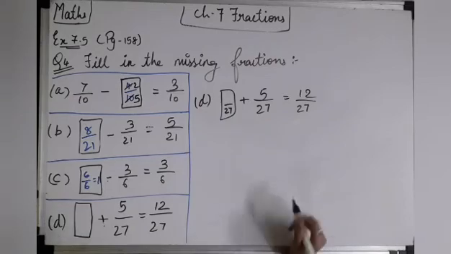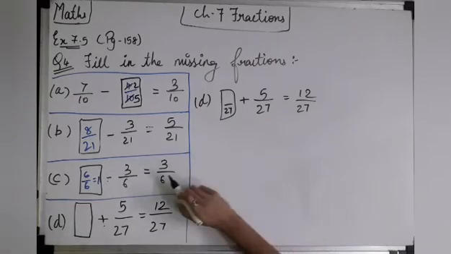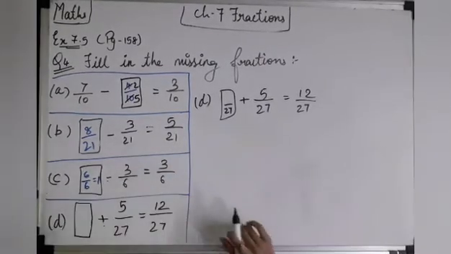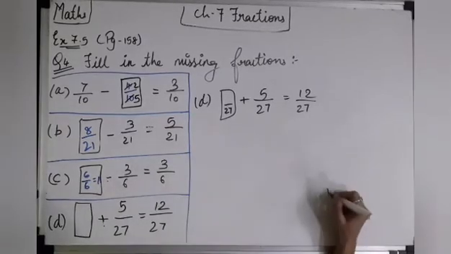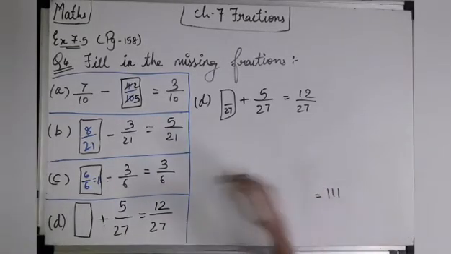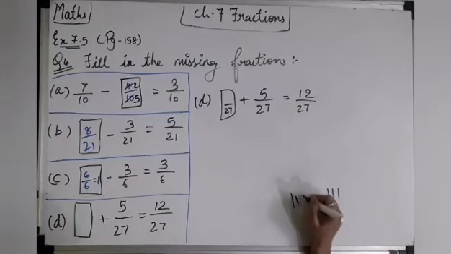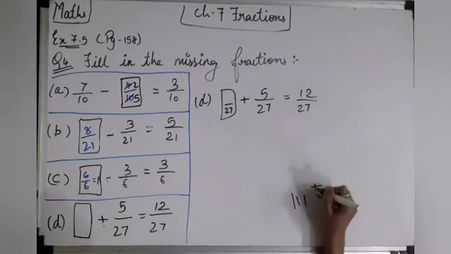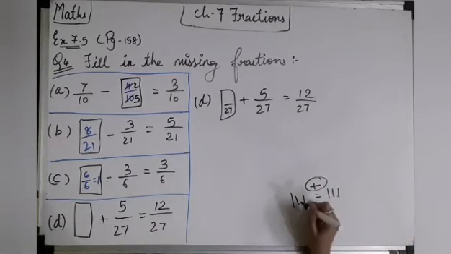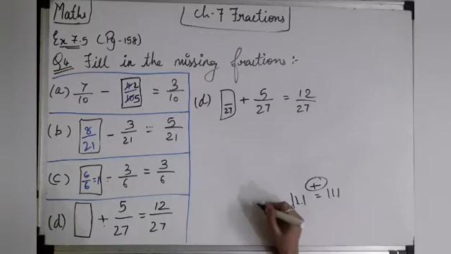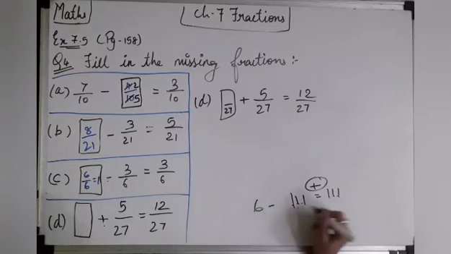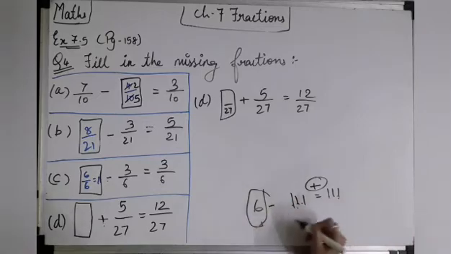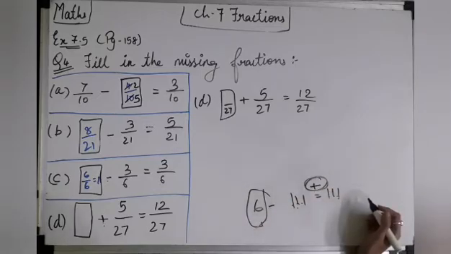Okay, but have you noticed something? In subtraction we have done addition. How did we do it? See, in conclusion 3 sticks we got, right? And 3 were subtracted. So what have we done? Here we have done the addition. 1, 2, 3, 4, 5, 6. So here we got the answer 6. So 6 minus 3 is equal to 3. But if we want to find this, what have we done? We have done addition.